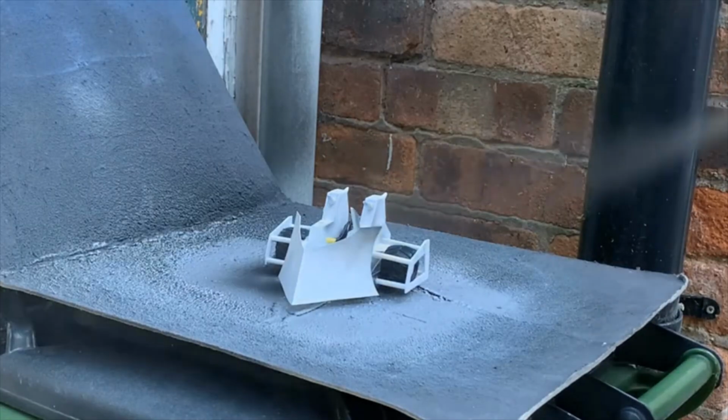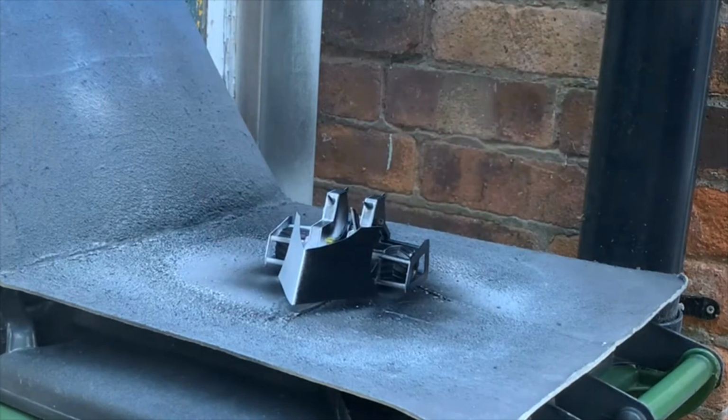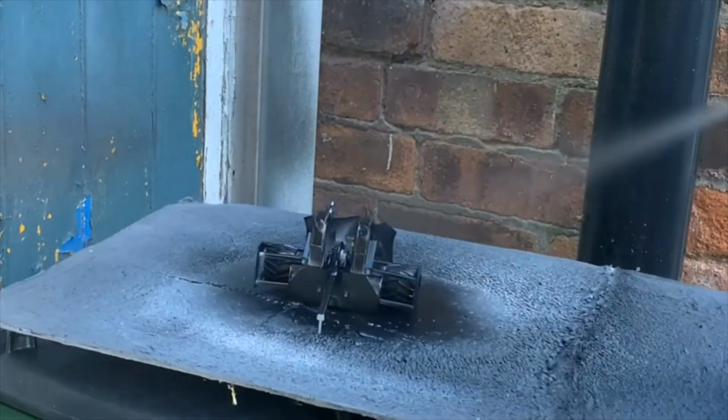Finally, when you've finished constructing your model, you can then move on to the painting. What I tend to do is give my models an undercoat first. So I would spray them either black or white. And like I said, I use the paints from Warhammer Games Workshop. Sometimes you have to spray your models separately before putting them together. This is because there are some bits on your model you may have to paint first and then put together. If you put them together first, you might not be able to get to the bits you want to paint